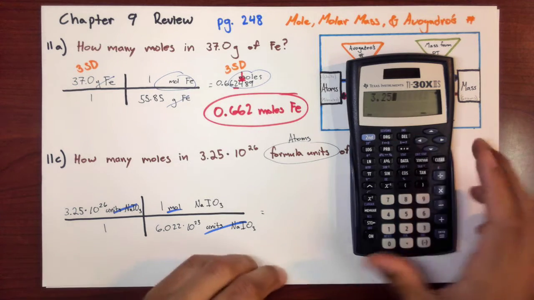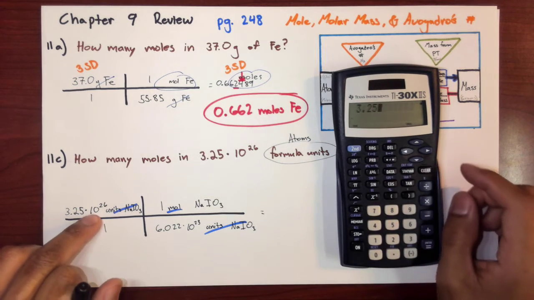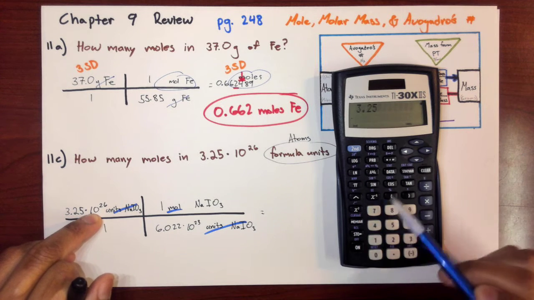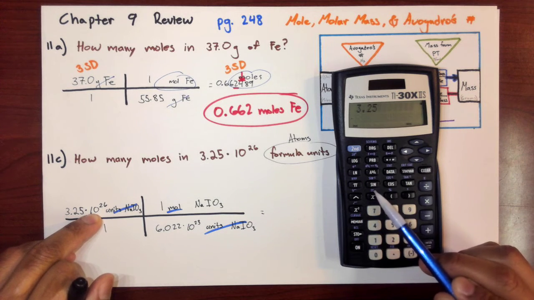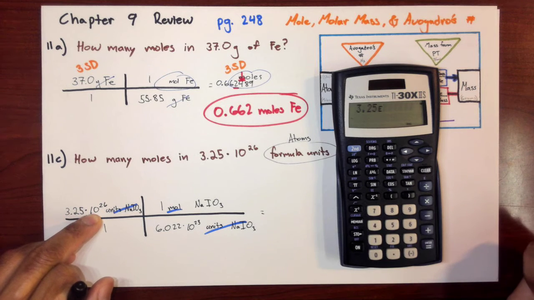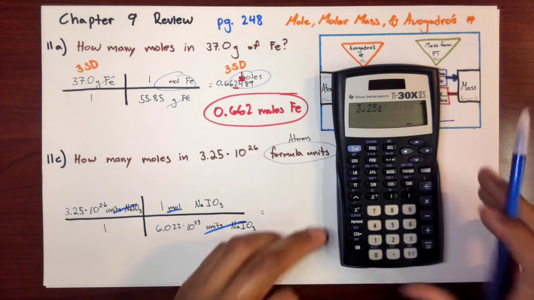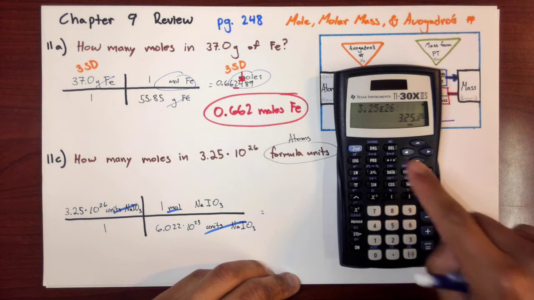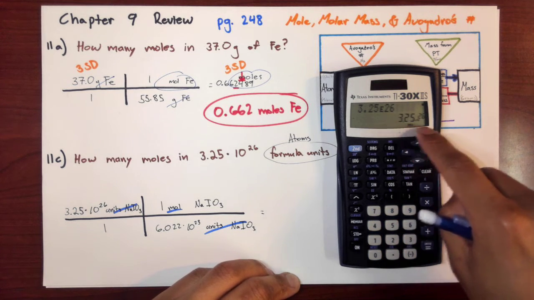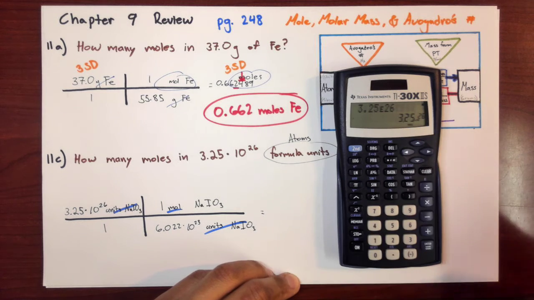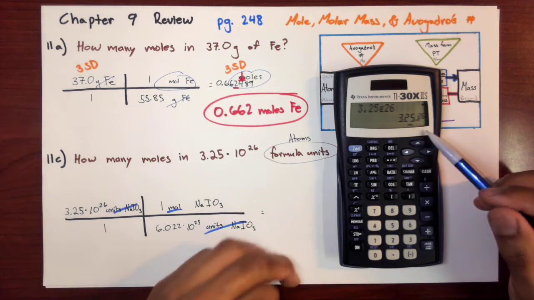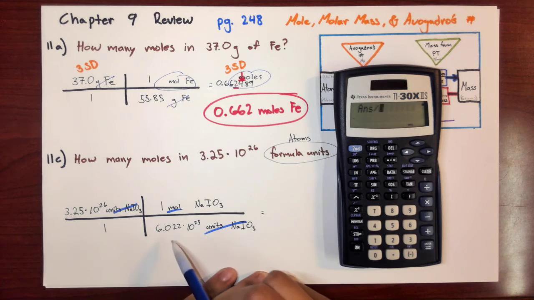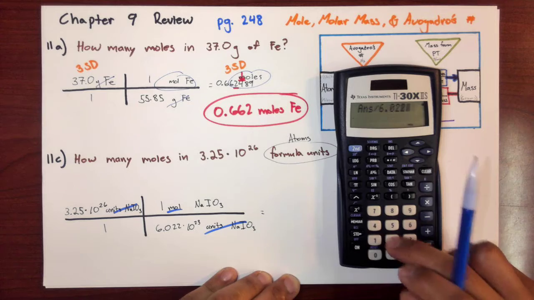Okay, so 3.25, and then remember that the best way to do the exponent is to just do the second value right here, second, and then you go right here to the superscript e, and then you get a little e right there. So 3.25 e 26, that means to the 26th power, and you can go ahead and just press enter, and you can see that it says times 10 to the 26. It's a little bit blurry, but try to follow along with me here. Divided by 6.022